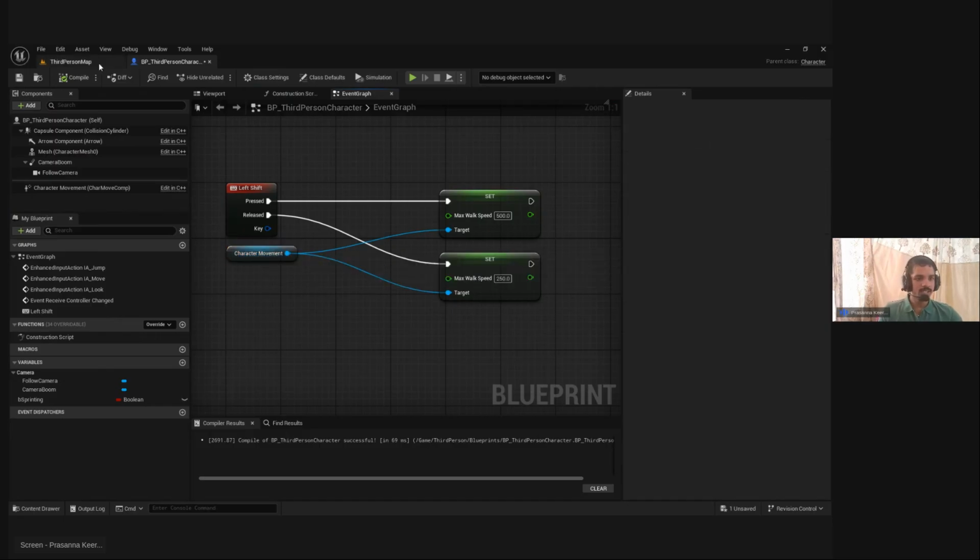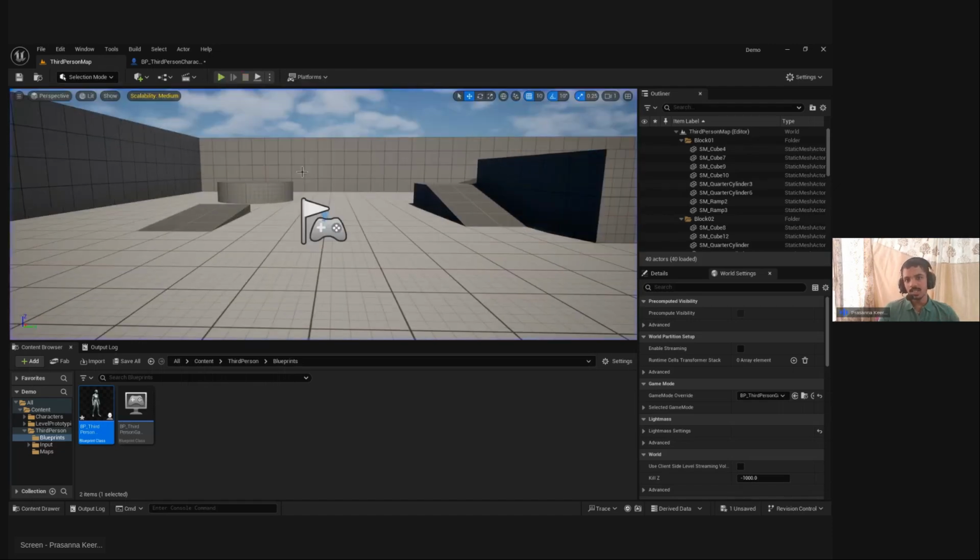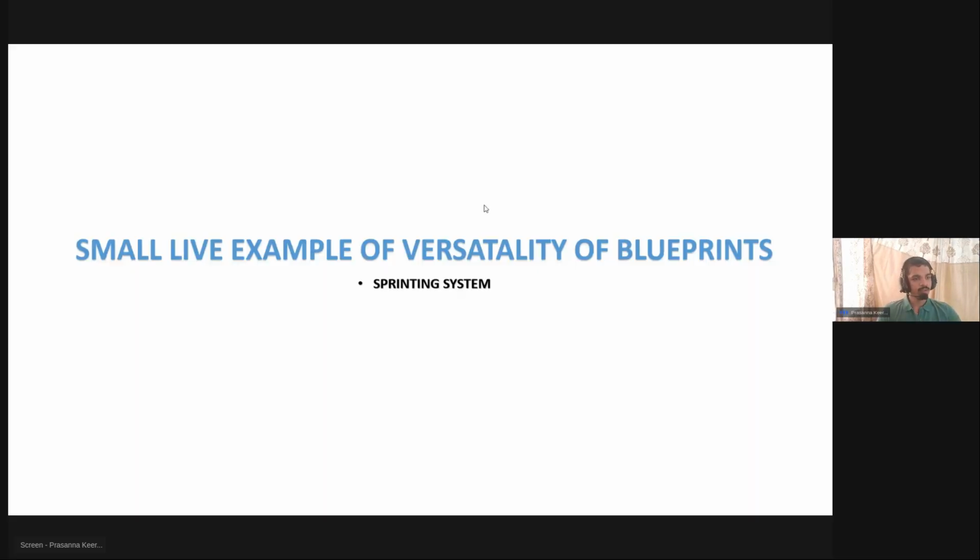Similarly, a lot of the game mechanics that you have enjoyed in your olden days are easily possible with Unreal Engine. Like the character is currently making a single jump, right? You can easily make a double jump as well. You need to think first, that's all. So I guess this is far more than enough to say how versatile the blueprints are that we can use in professional work.